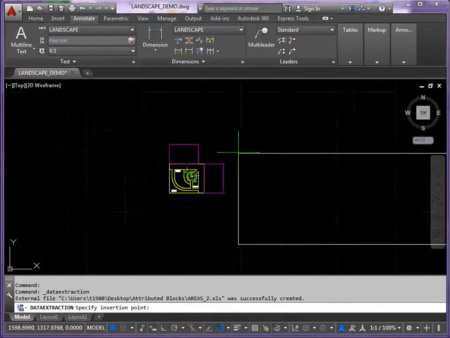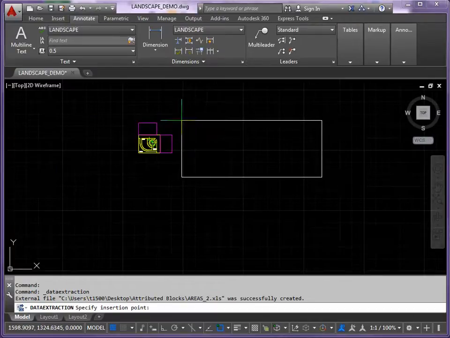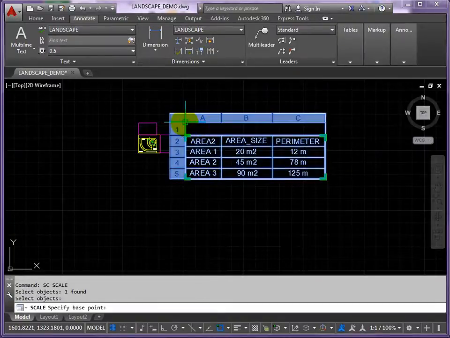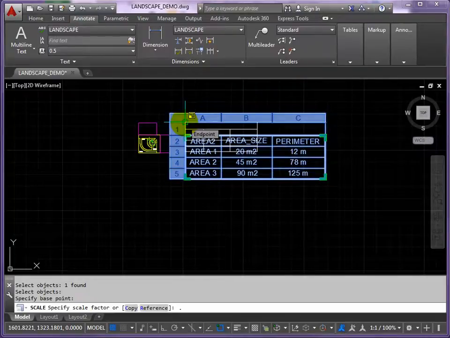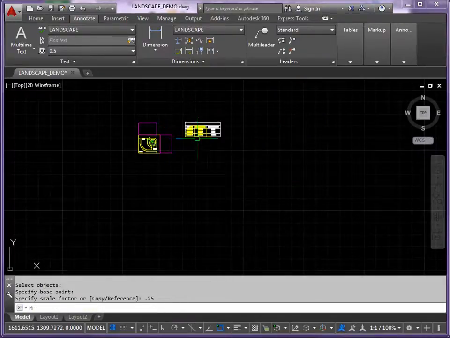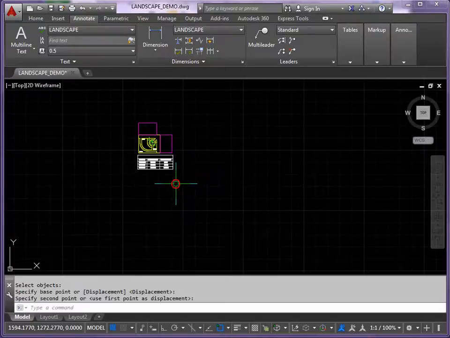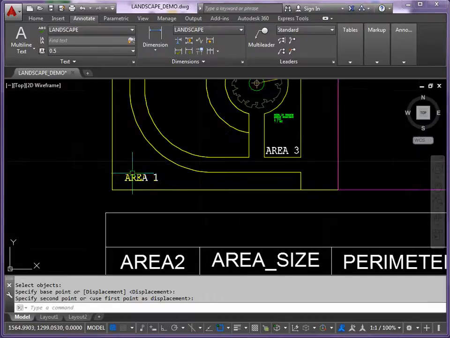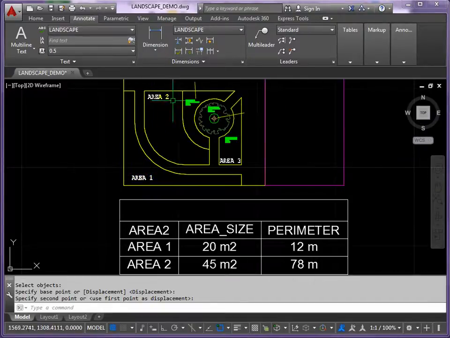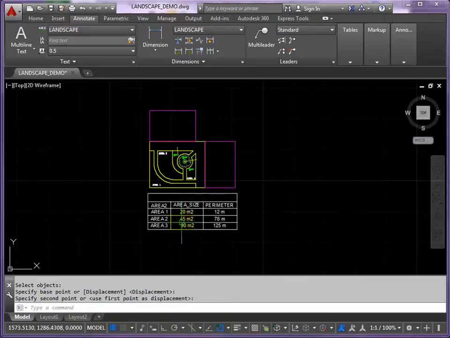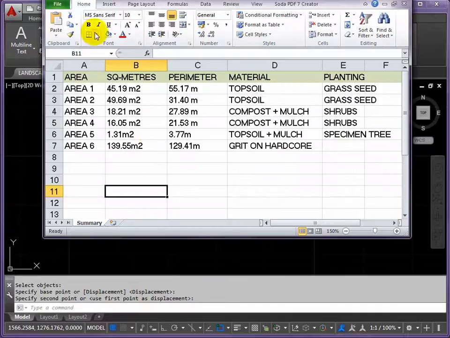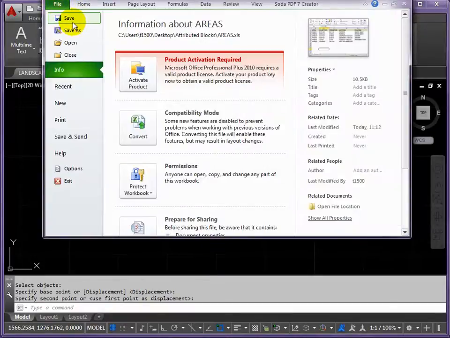Okay, so at the end of my cursor here, I've got this massive table, not got much data in it. You just resize that using the scale command. Let's say put it down to 0.25. Let's stick it underneath the drawing. Okay, so there's my data. Even though I can't see the information in the block or the tag here, I can extract the information to there. And if I open Excel and then open the file,